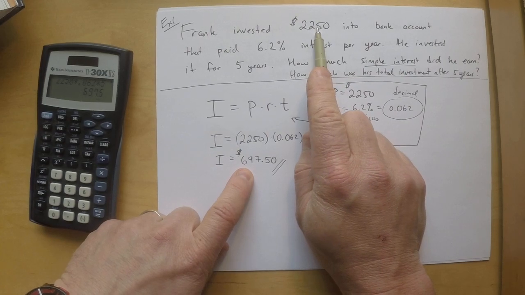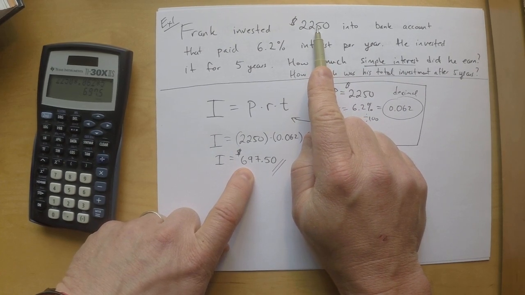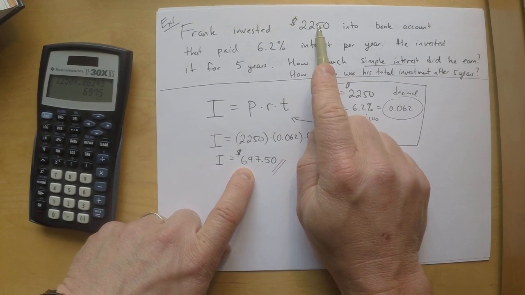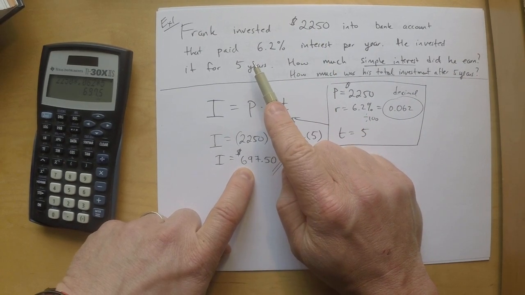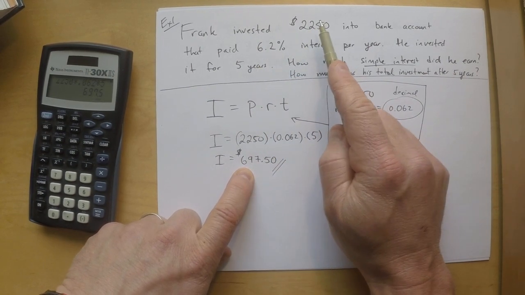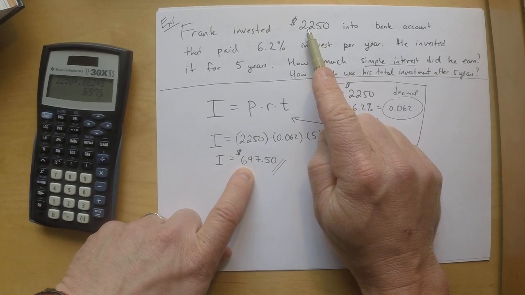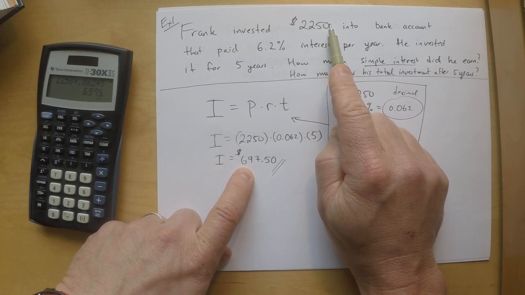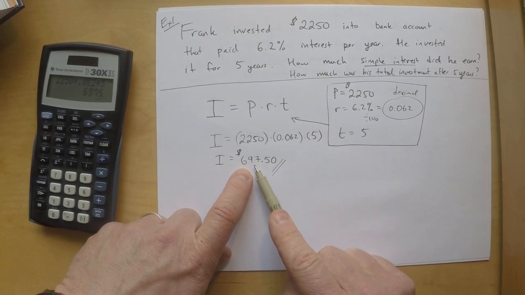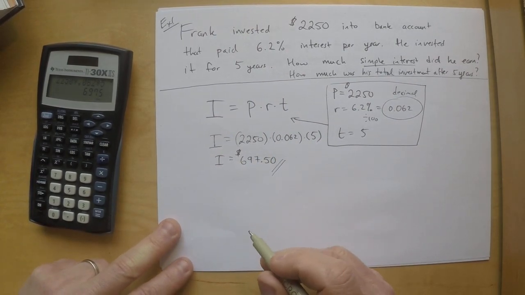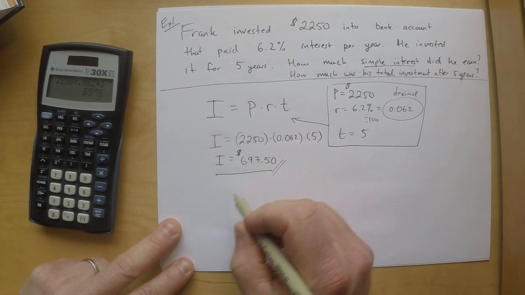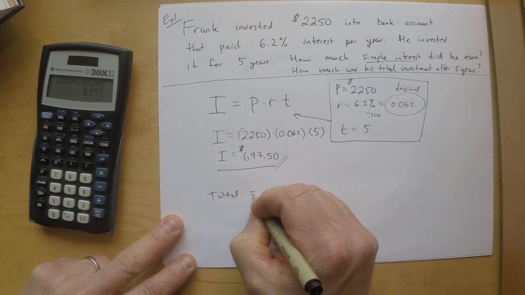He's putting this money in the bank, letting it sit there. The bank is then storing his money for 5 years. When he goes back to the bank in 5 years, he will get his $2,250 that he invested, plus he'll get the interest on top of it. So there's the interest. So the total will be the